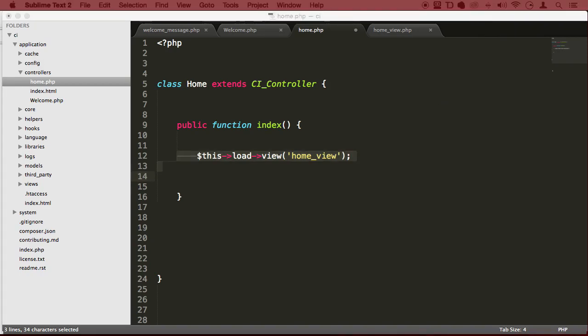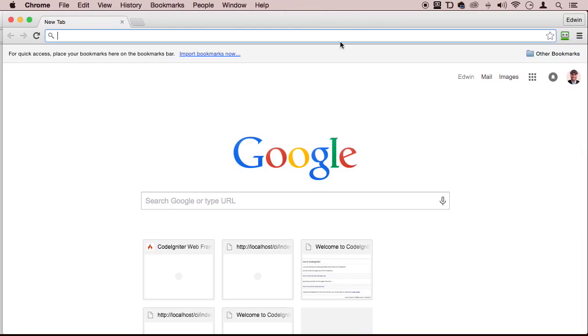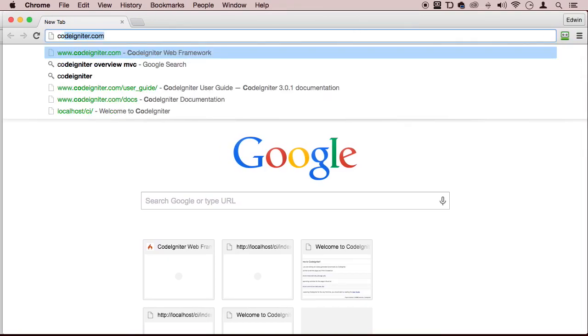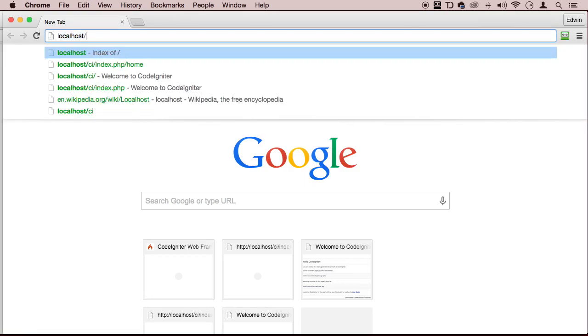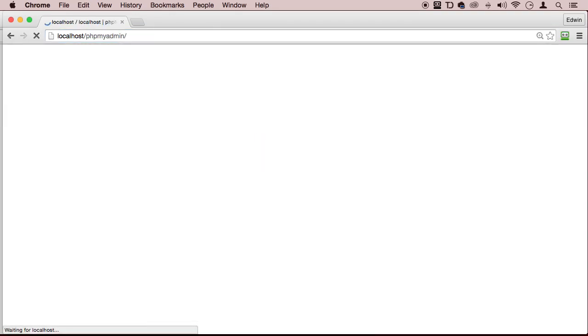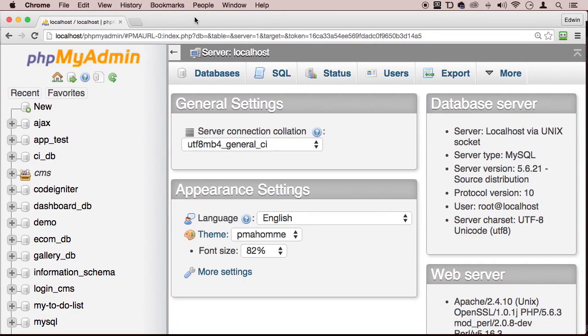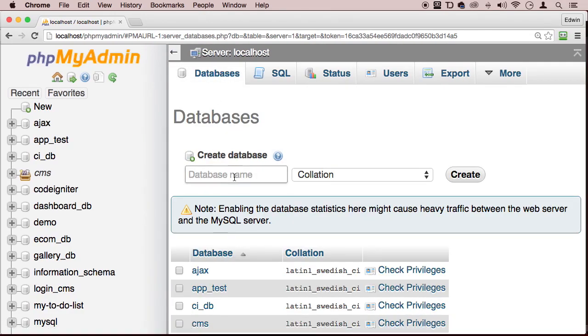So let's go to our phpMyAdmin. Not Codeigniter, but localhost, and then phpMyAdmin. Let's create a database for this. So let's say databases, and what are we going to be actually naming this database? Let's call it